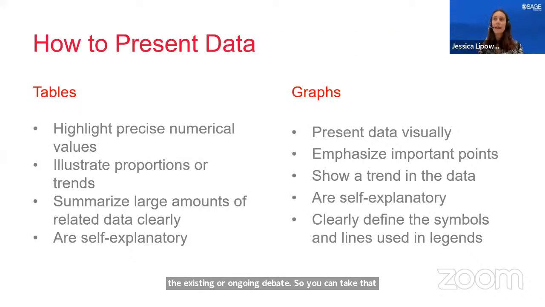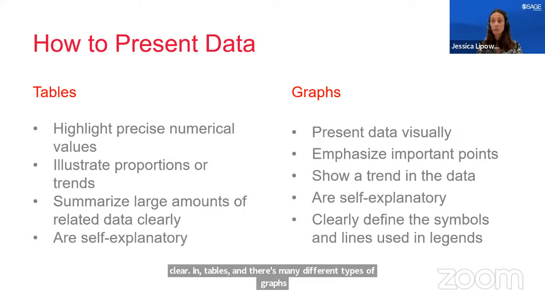Tables are the preferred format when presenting data in research documents. The column and row structure allows readers to easily navigate, compare, evaluate, and understand that data. Graphs allow you to present data visually and emphasize the important points, so you don't need to spend as much time on lengthy text explanations. Graphs are really great for showing trends that may not be as clear in tables, and there's many, many different types of graphs that can be used.